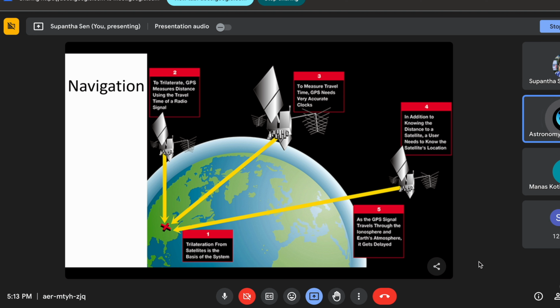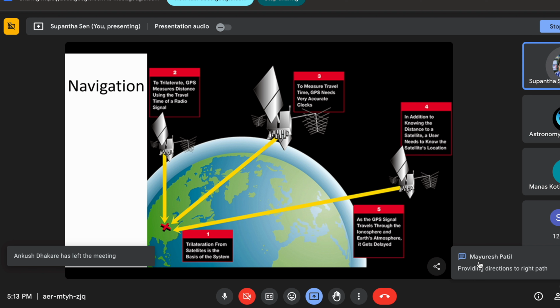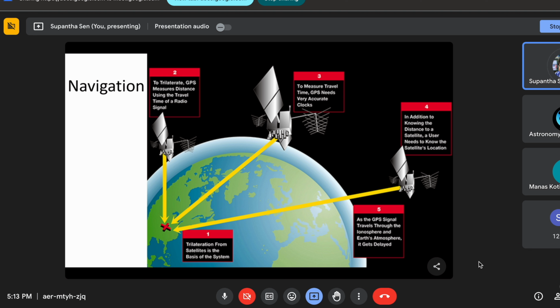It's like finding a path or locating something or someone. Yeah, correct, finding a path. If you are finding a path for yourself, first you have to know your location. First you need to know your location, then you will be able to see the path. You have to know your location only. So how will you get that location?